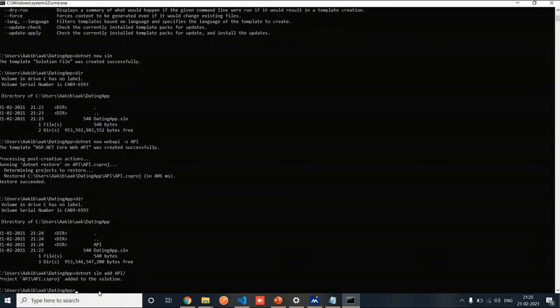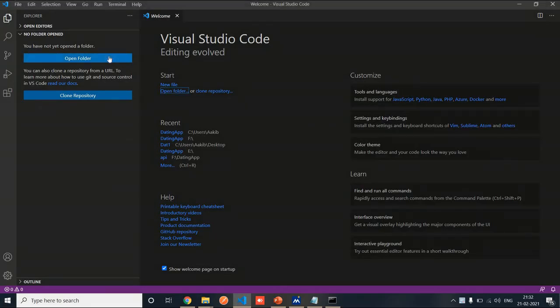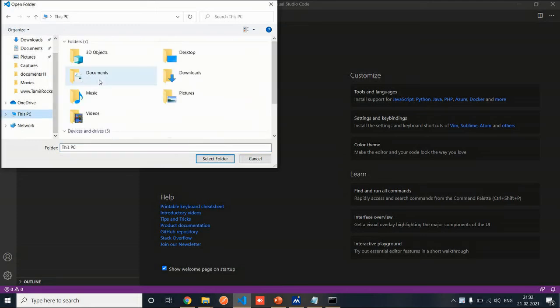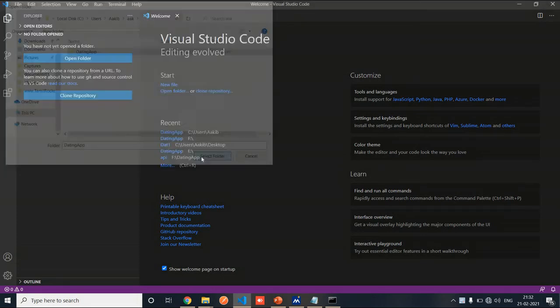So what we want to do now is open up our project inside Visual Studio Code, or your IDE of choice, like Visual Studio or Rider. As I mentioned before, everything I'm going to demonstrate will be using Visual Studio Code. So I'm going to open up code, and we can see the default welcome screen. What we want to do is use this tab on the left to open up the folder. I'm just going to click on the dating app folder and click on open, and this opens up our application in Visual Studio Code.